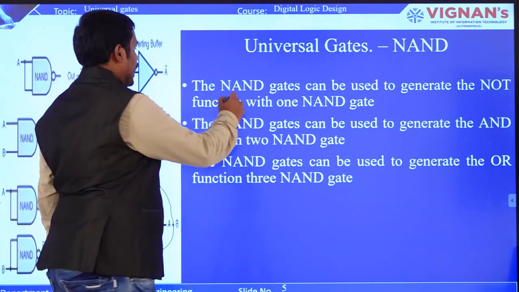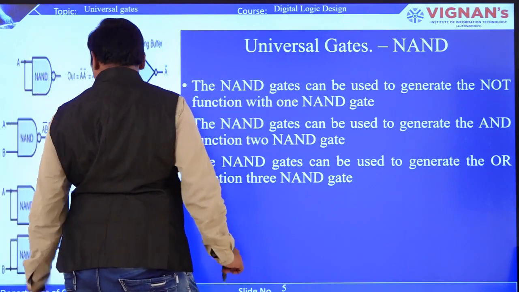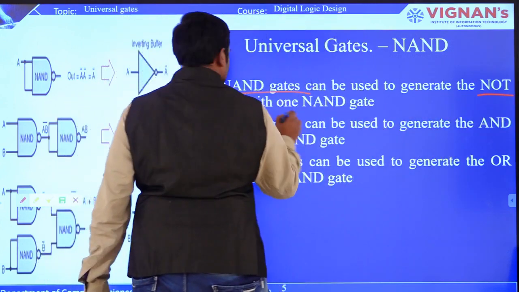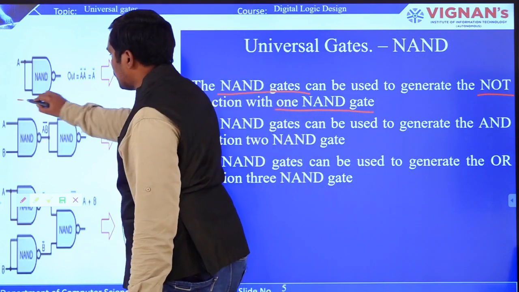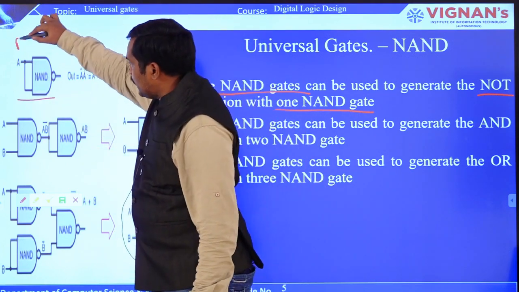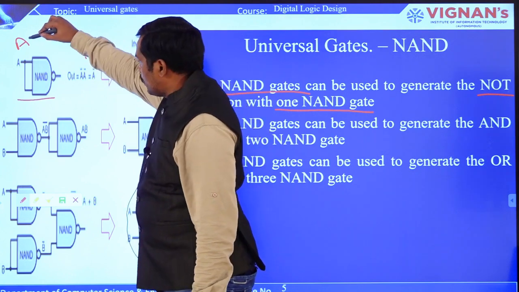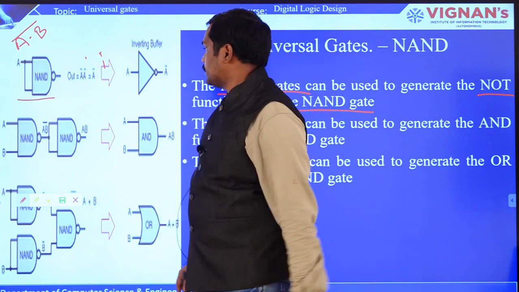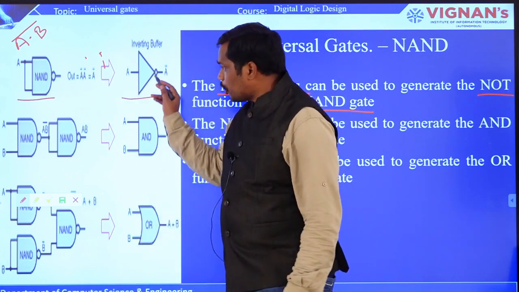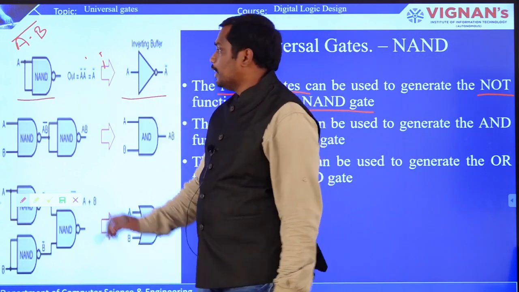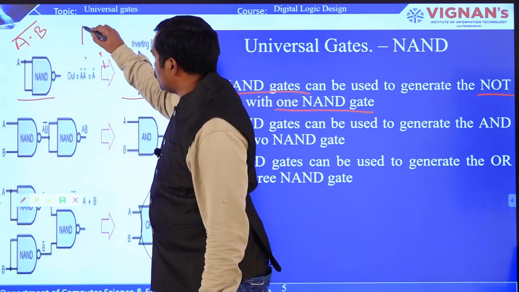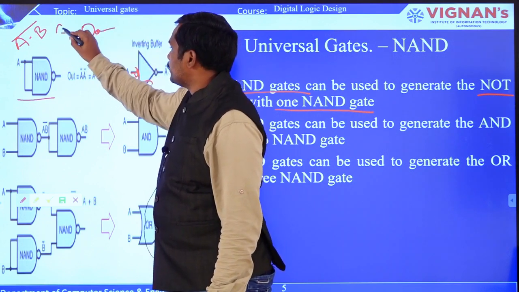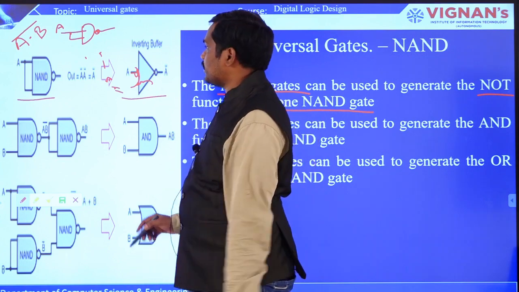Now you can see here these NAND gates can be used to generate the NOT gate, that is, the NOT function with only one NAND gate. You can see this particular NAND gate where you have (A dot B), the whole bar. That is the final output of the NAND operation. This is a NOT gate, right? This NOT gate can also be expressed as NAND, because here the same input is given twice as the two inputs to the NAND gate.